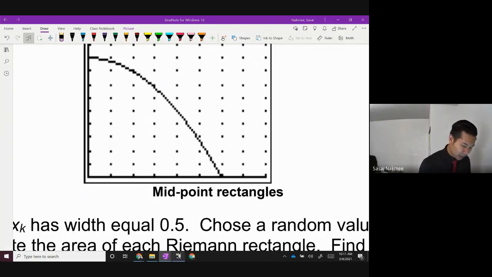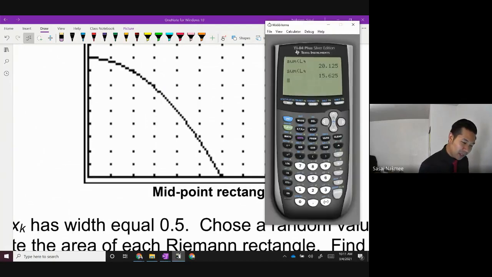Oh, sorry. If you're in the list and you want to quit out of there, you hit second and then mode. You see the word right there, quit. Let me show it with my mouse here. Quit is in blue, so you need to hit the blue button, which shows you this little up arrow, and then we hit mode, and it quits you back out to the home screen, where Blinky is, where you can type in your calculation stuff.